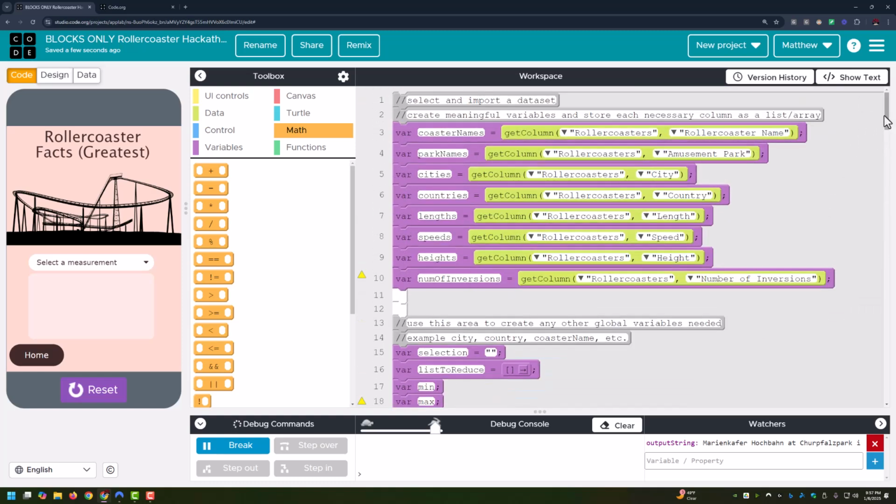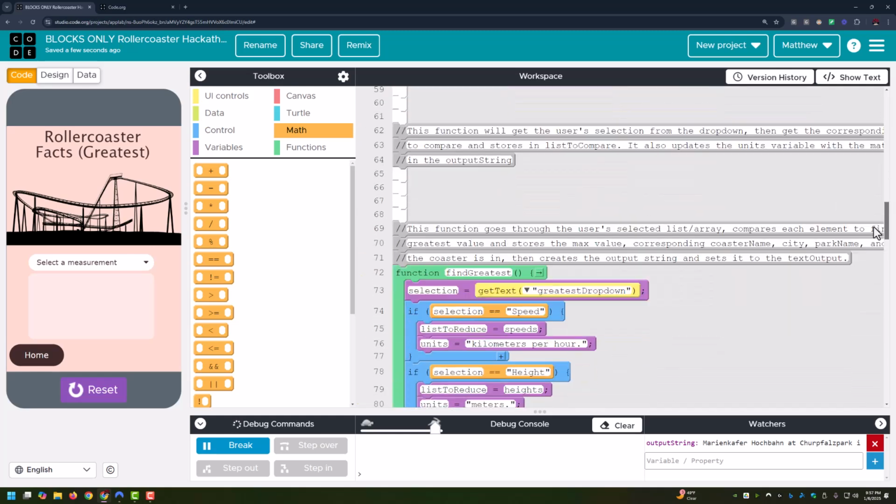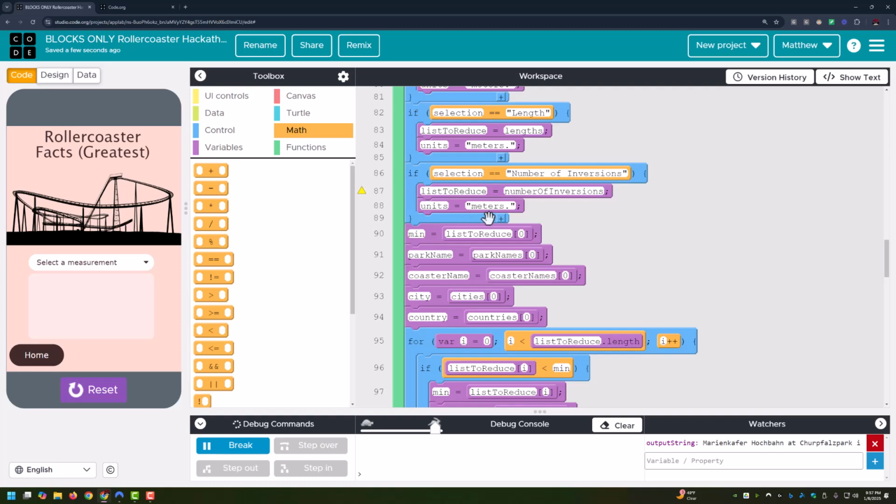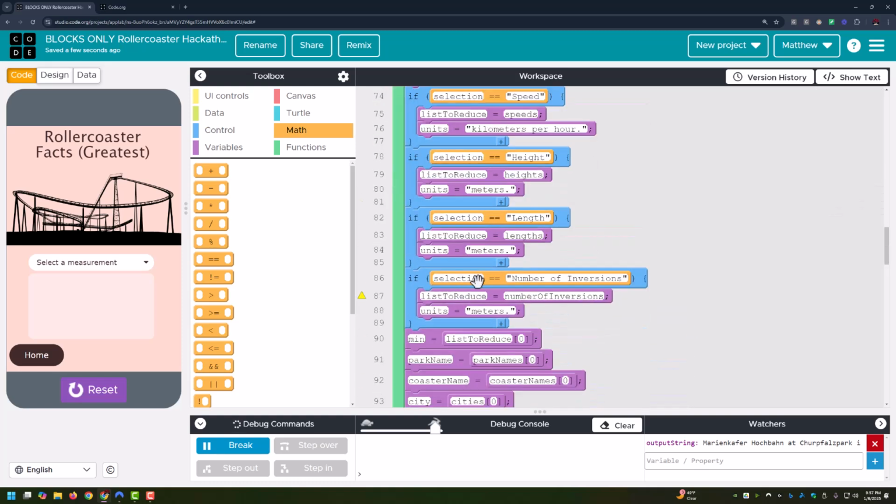Num inversions. Oh, I have num of inversions. Sorry, let's change that to, actually, that's fine. We'll leave it as num of, so we don't have to worry about going back. Let's just make sure it matches down here. Find greatest. This should be num of inversions. And the units here are, I guess, inversions